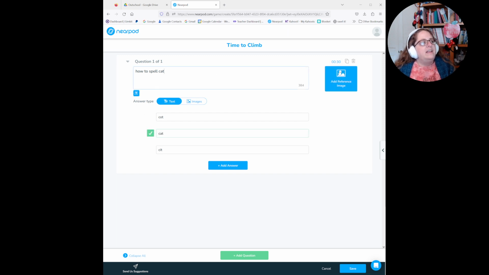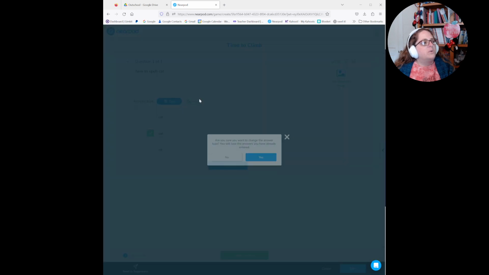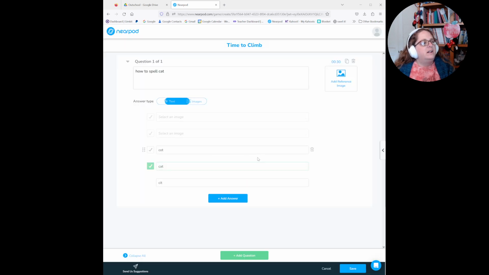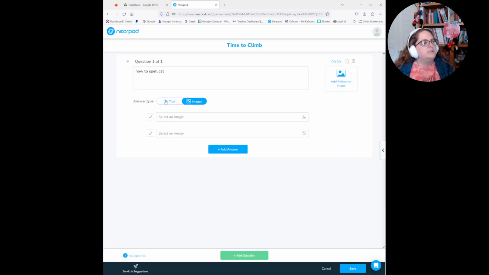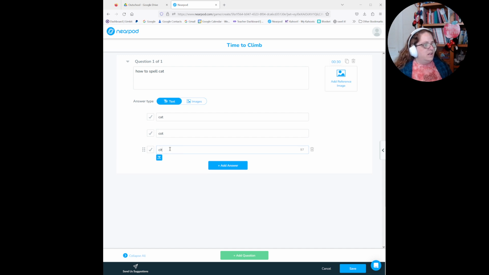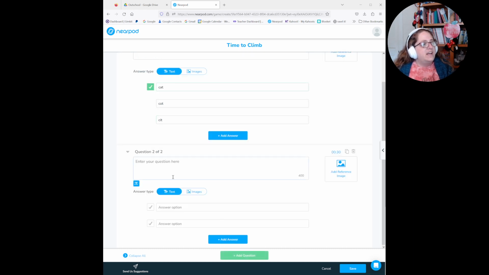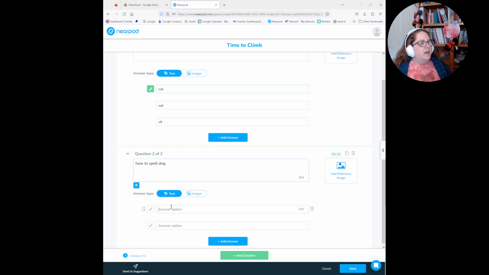You can add an image to go with your text, but you can also add images into your questions, but you have to get rid of the answers here to add an image, and then you go and search and get the image, but I'm going to do text for just now. Okay, and I'm going to mark the one that's correct. Now to get another question, you can do add question to just add another one. And then type in your answer